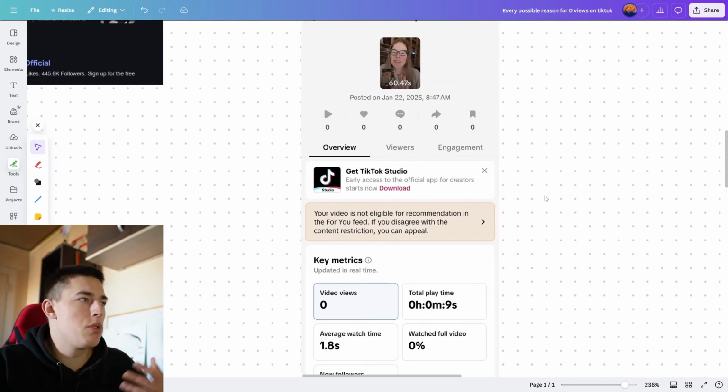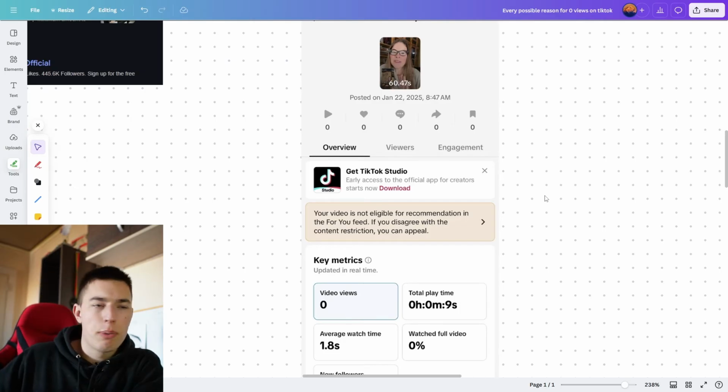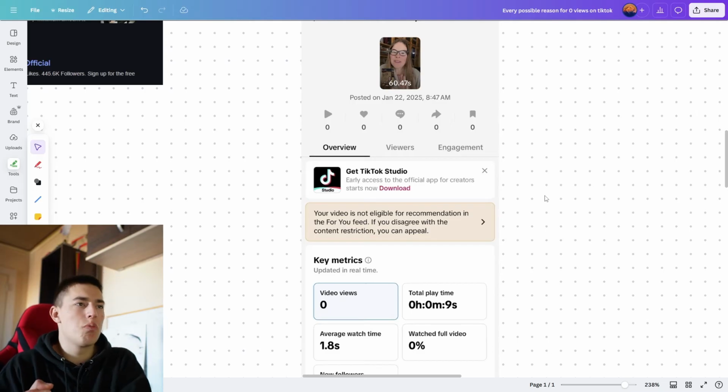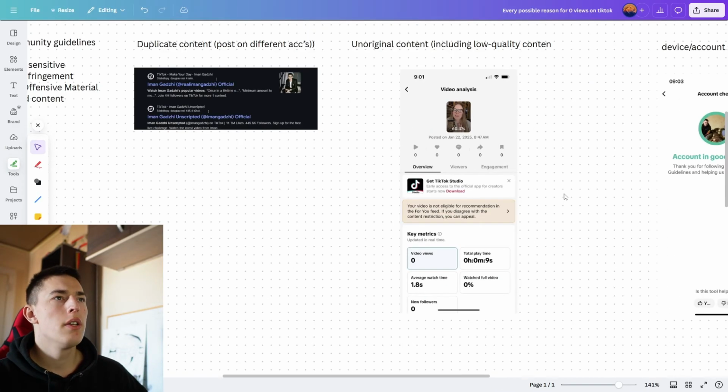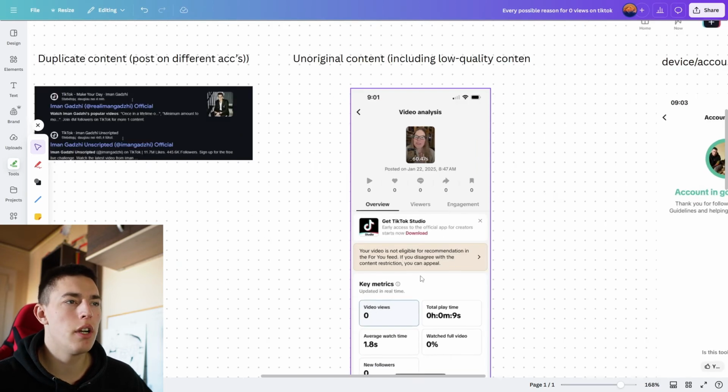Maybe it's a repost, you're clipping something, videos, Mr. Beast, whatever it is. If you're doing that, you're likely to get 0 views because a bajillion other people are posting the same thing. For TikTok, it's not smart to push these videos. Why would they push the same video that 1,000 other people posted as well, right? So that's why you get low quality content claim, unoriginal content.